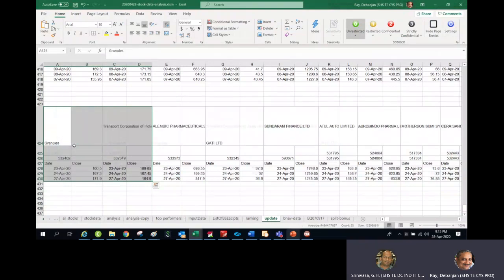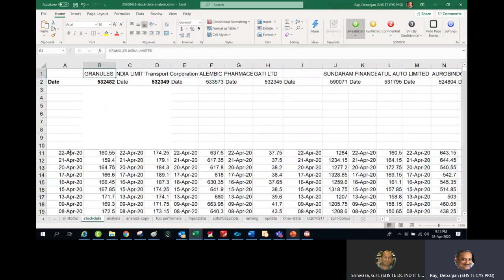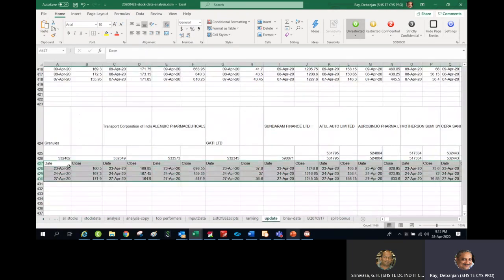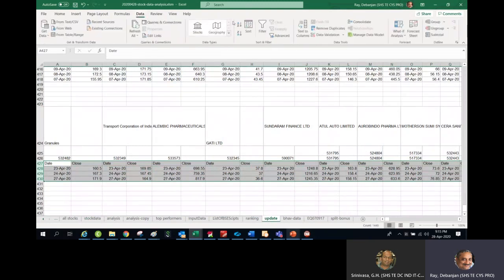Also, I have organized the data from the latest to the oldest. Now, this is oldest to latest. If you go back to the stock Excel sheet, this is the latest data, then going back to the oldest. So what I did, I will select this one, and I will go to the sorting.